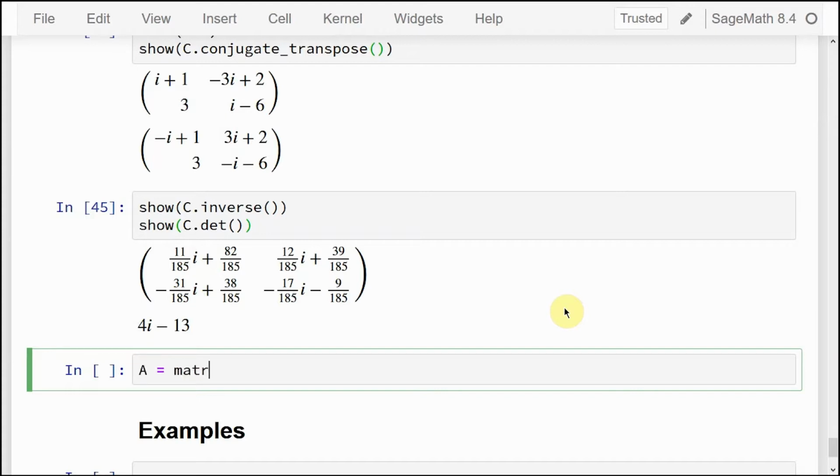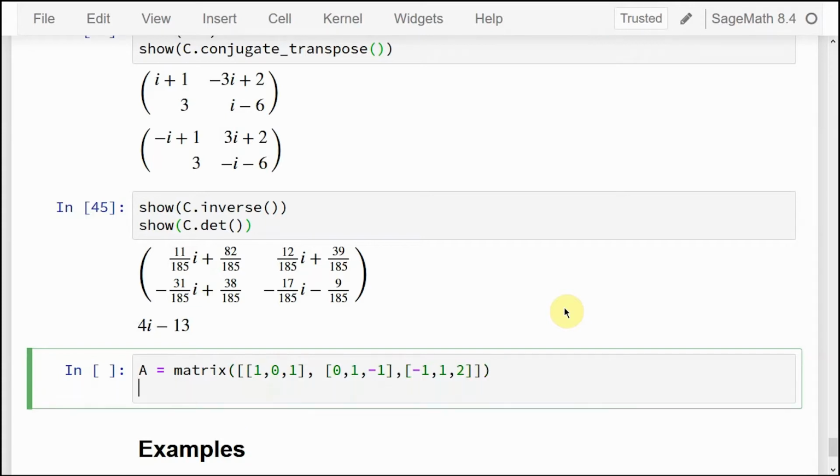So suppose I define A is equal to some coefficient matrix, say 1 0 1, 0 1 minus 1, and minus 1 1 2, and B is equal to, say, 2 0 2. Okay, this is my unknown vector. This is not correct, because I need